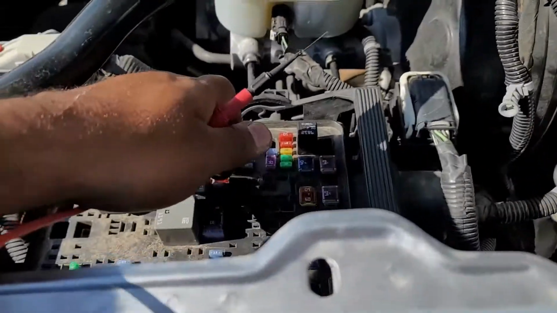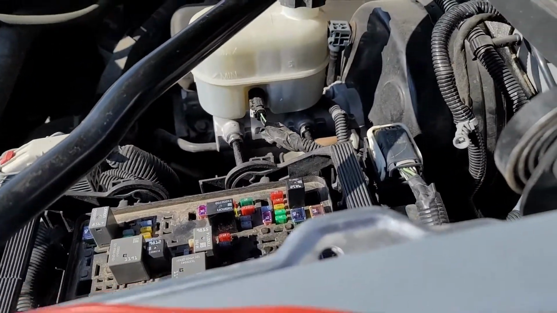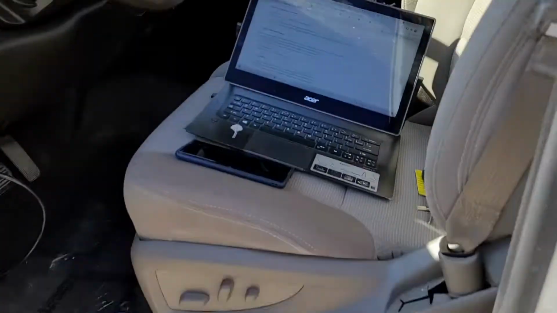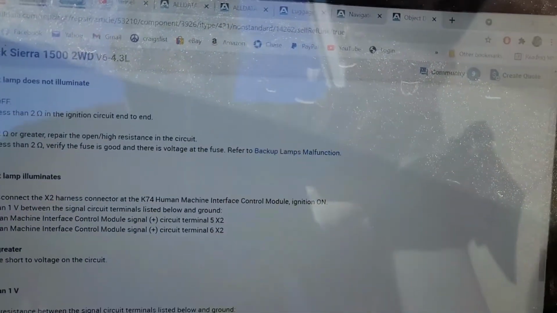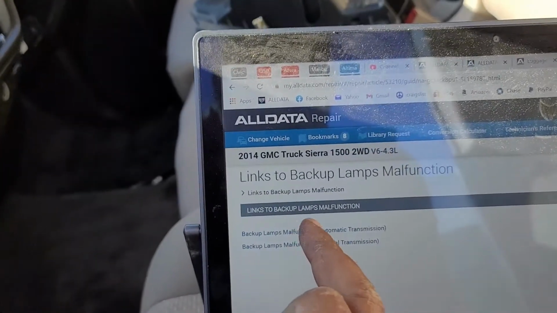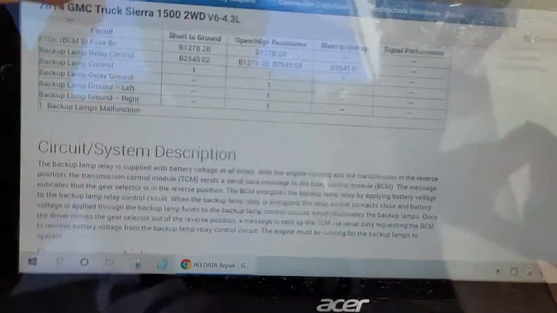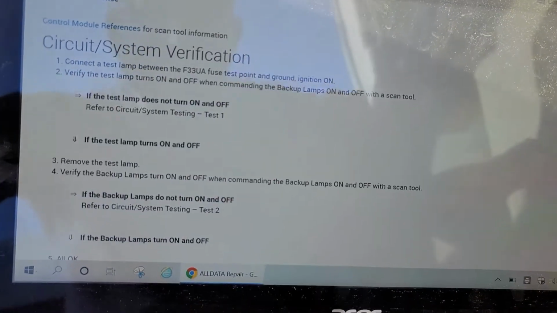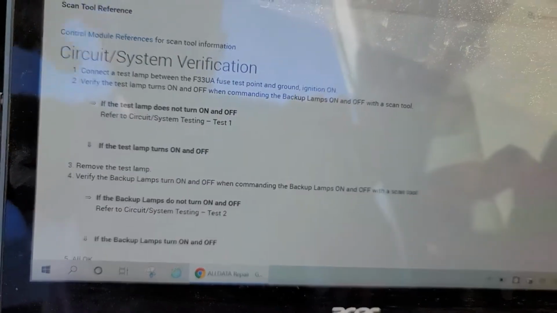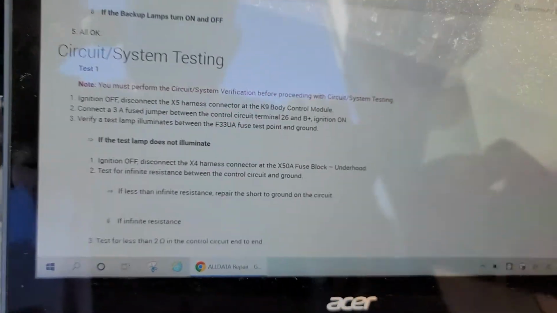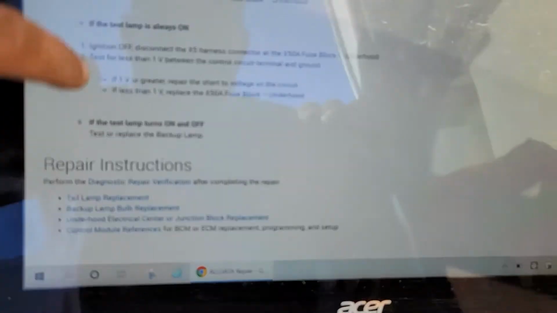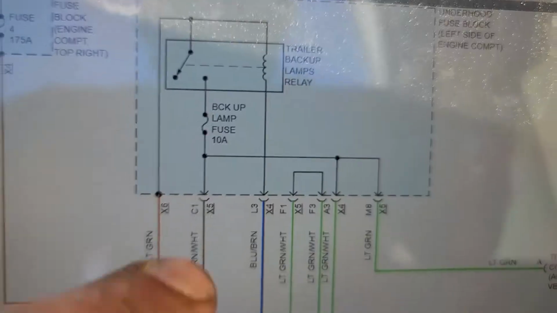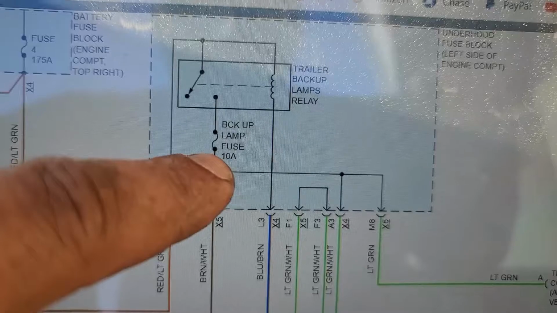Our issue is that this fuse does not have power to it, so we need to go to another circuit, which is the backup lamp circuit. Automatic transmission. Another test. Let me see if I find the circuit for it better. This is our fuse right here, backup lamp fuse,